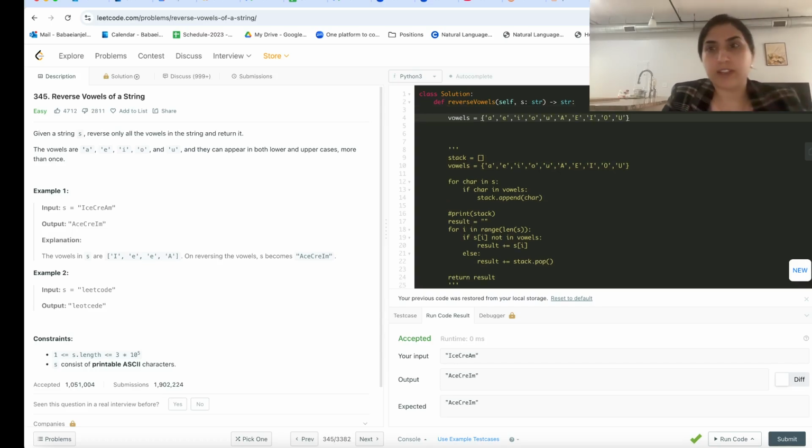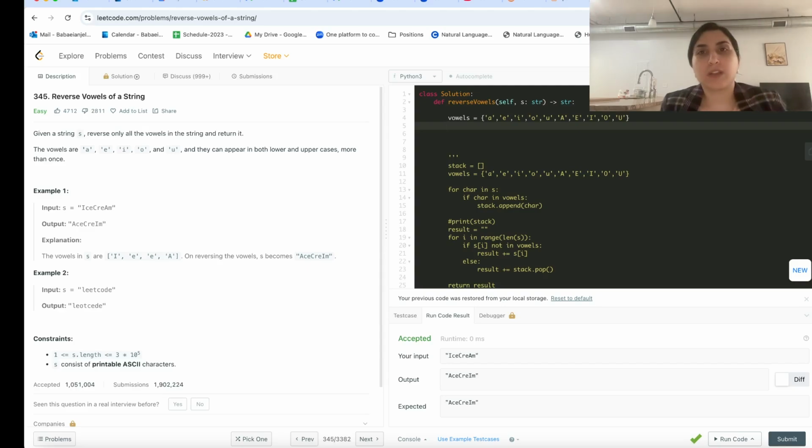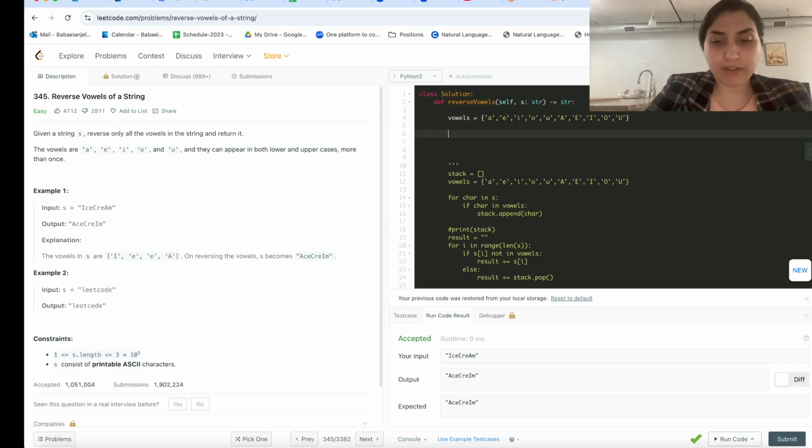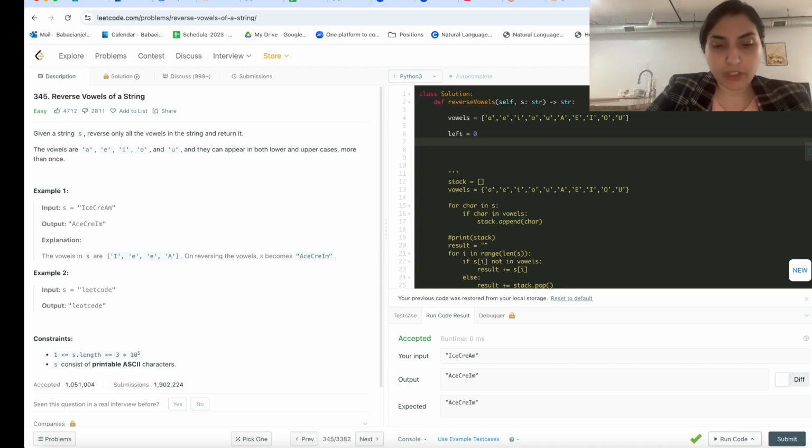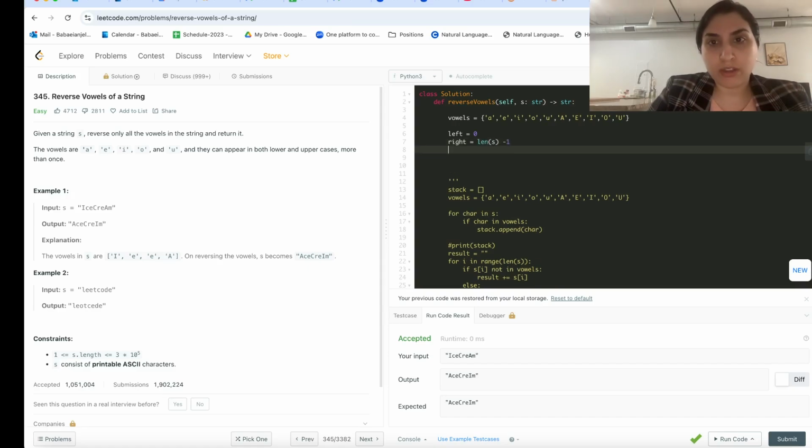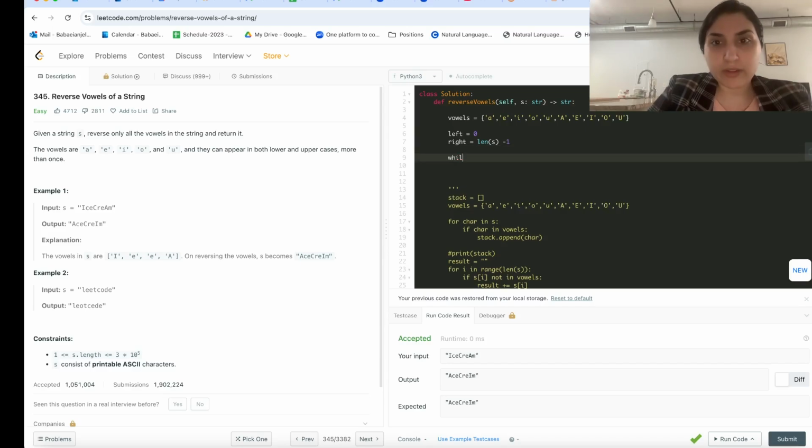We need this set. Okay. So how do we do it with 2 pointers? So we first say we have a left pointer equal to 0, and we have a right pointer equal to len of s minus 1. And then we say while left is less than right,